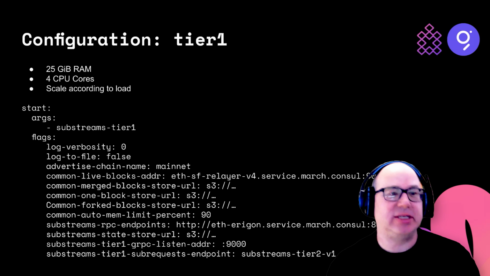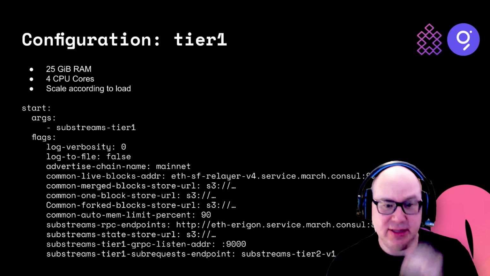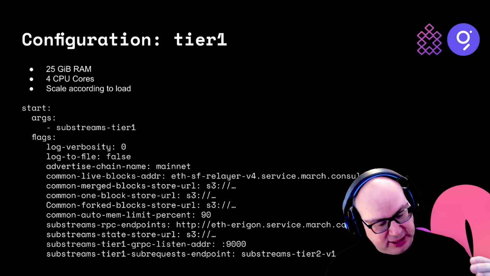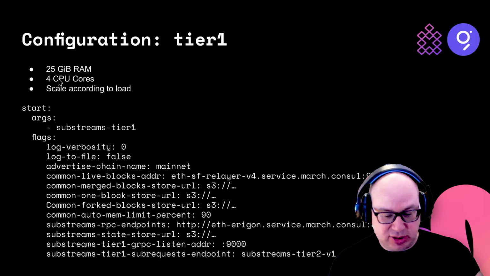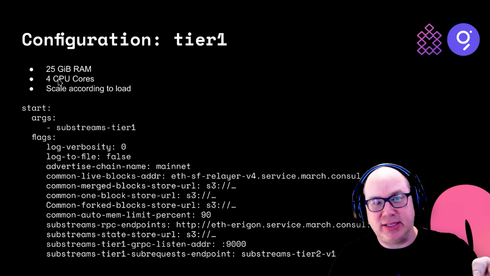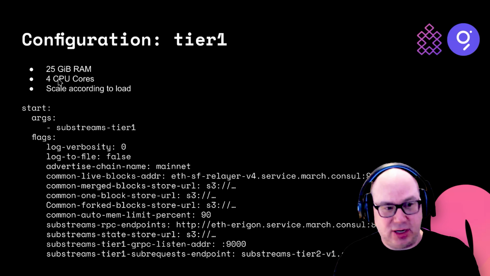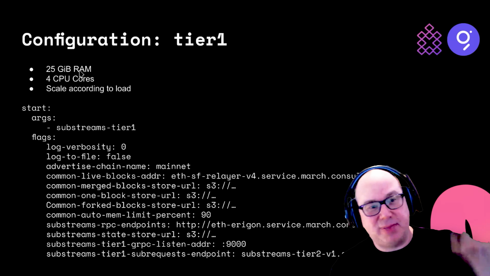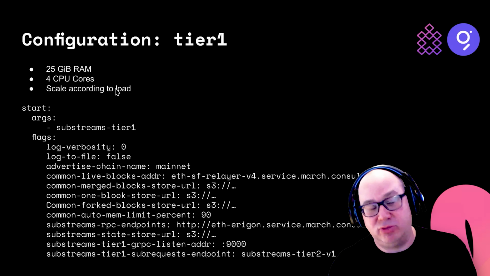Okay, so tier 1. Here's an example. In our setup for tier 1s, we actually run multiple tier 1s on the same server with overlapping RAM, if that makes sense. The server has 128 gigs of RAM. We've allocated 25 gigs of RAM to this tier 1 node, but there are about 20 tier 1 nodes. So if you do the math, 25 times 20 doesn't fit in 120 gigs of RAM. But it depends how busy it is. If it's too busy, then the whole machine will crash.